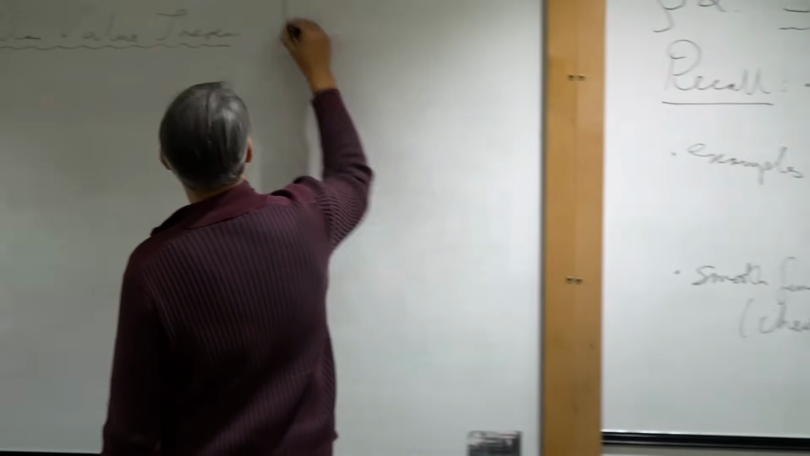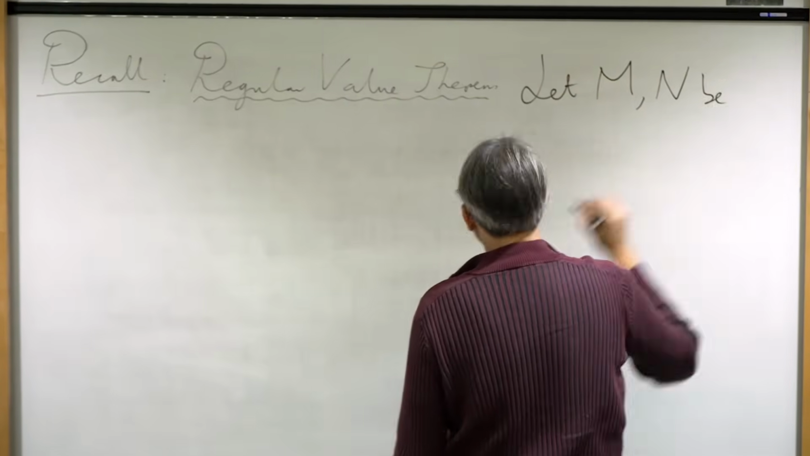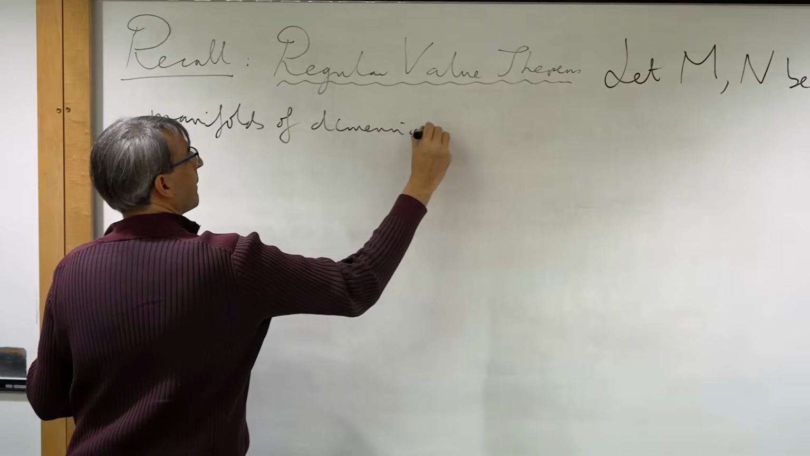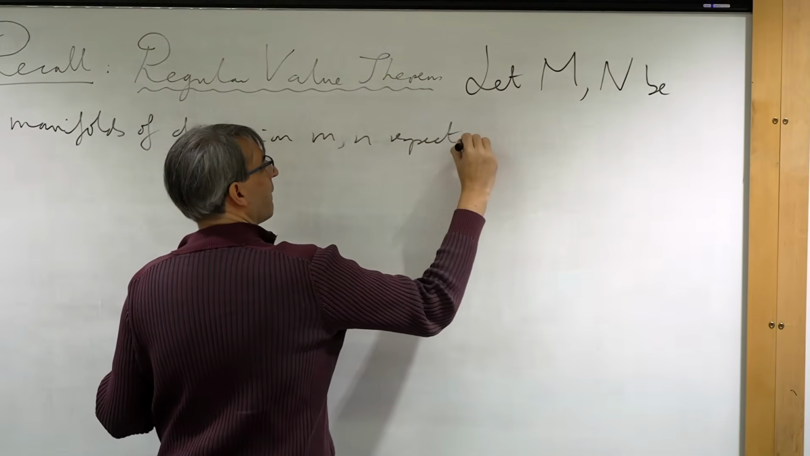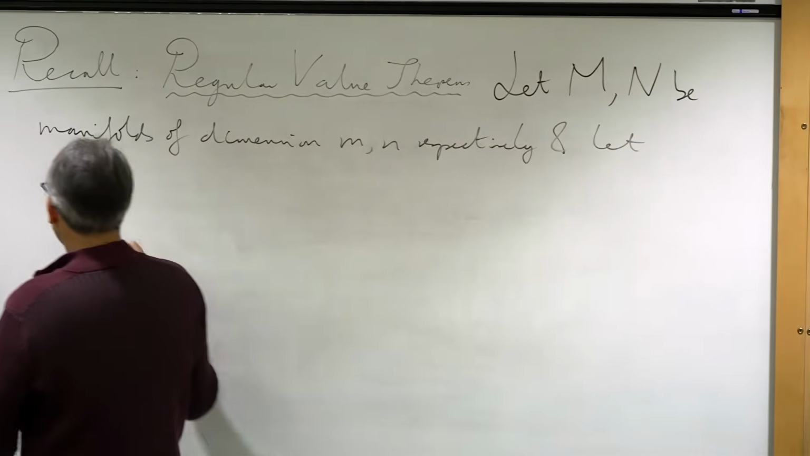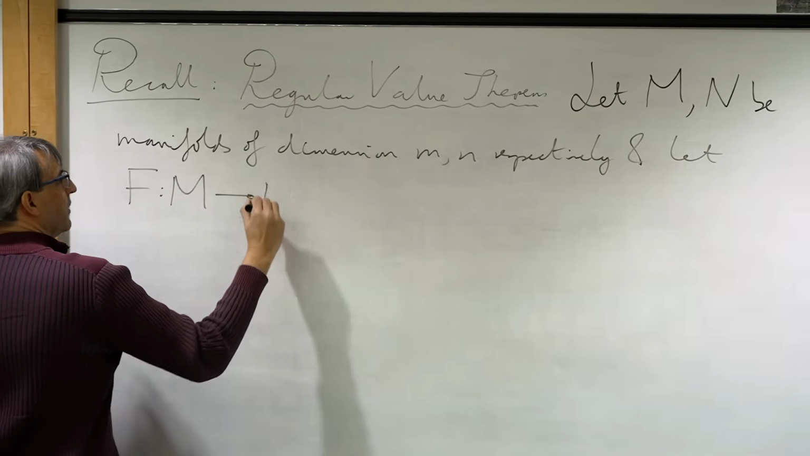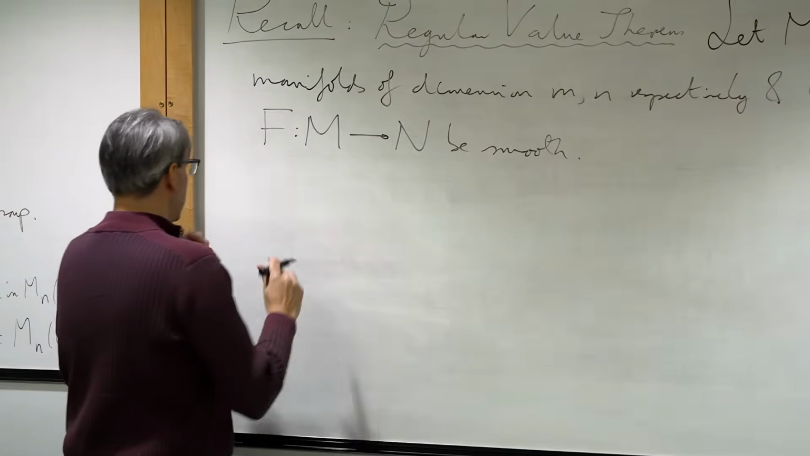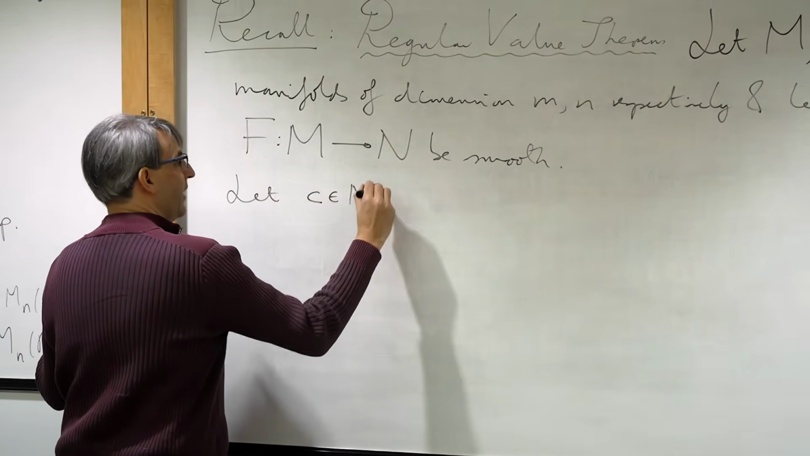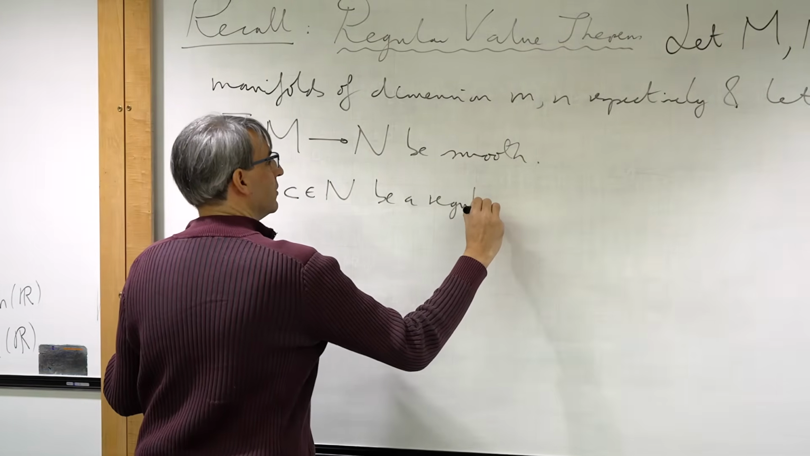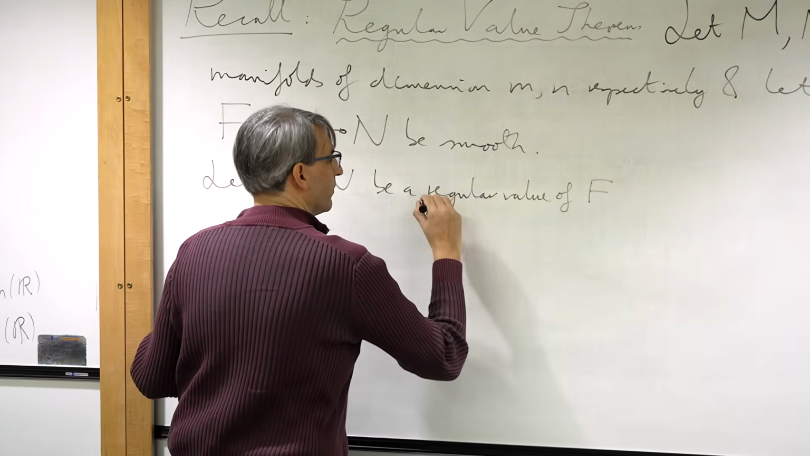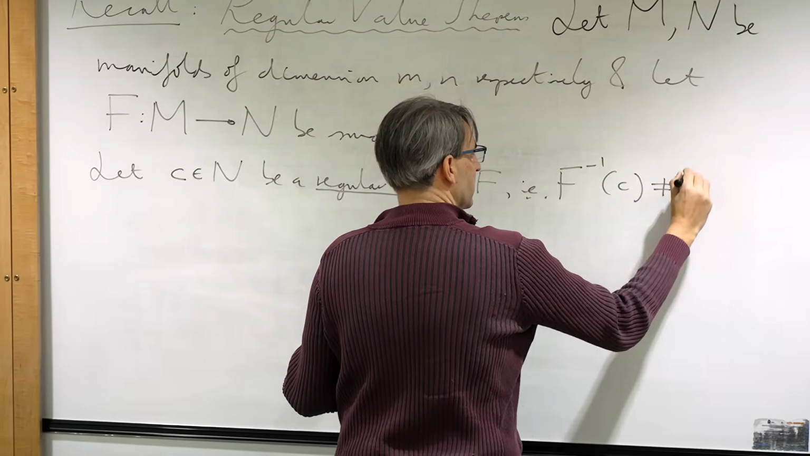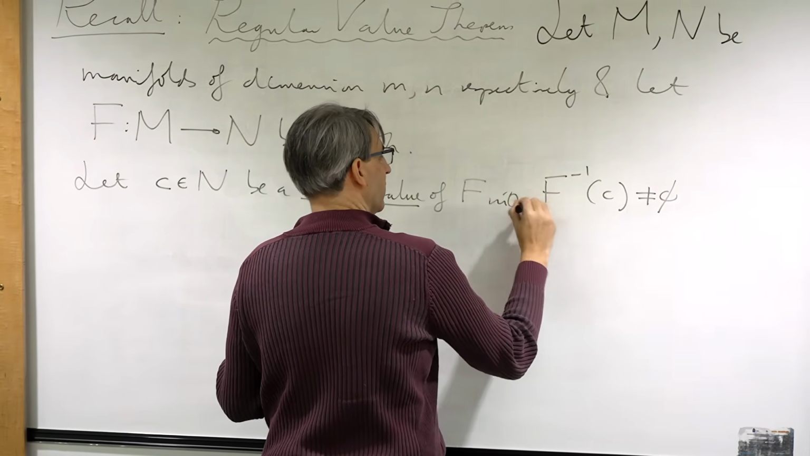So what it says is: let M and N be manifolds of dimension m and n respectively, and let capital F from M to N be smooth. Now let c in N be a regular value of F. So in addition, with F inverse of c non-empty,